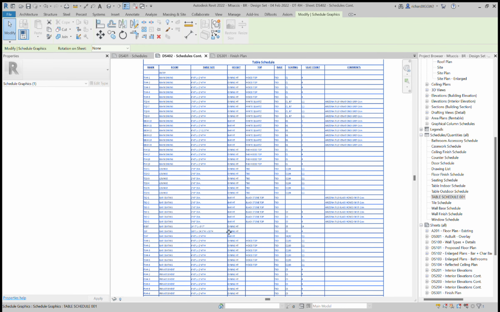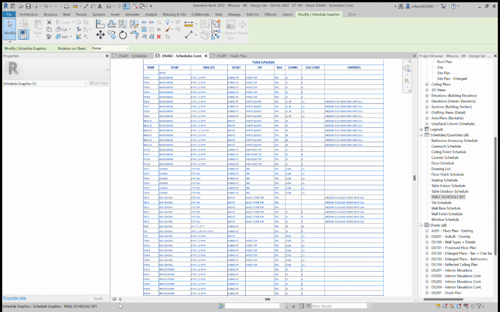You'll see that that's all in place, and that's just transposed from this tabletop schedule. That's the indoor, I think, yeah. So this information has just been transposed over to the Revit sheet,